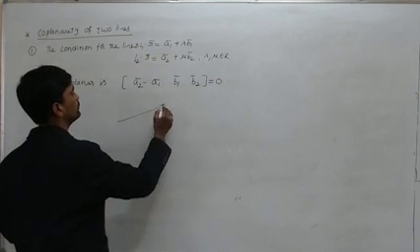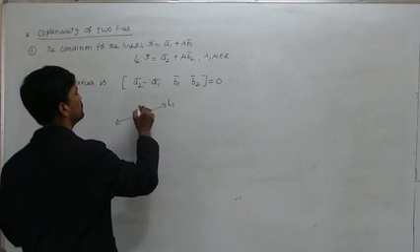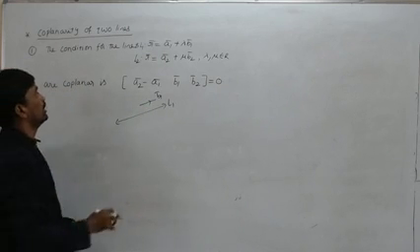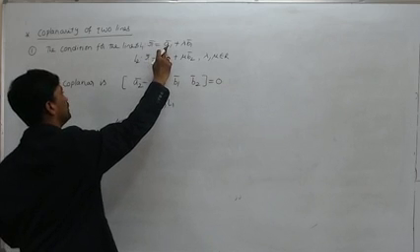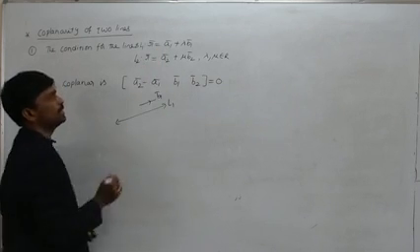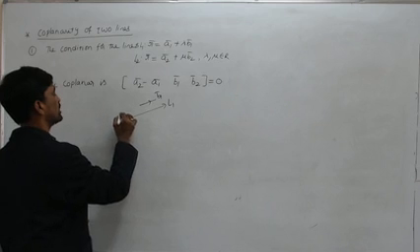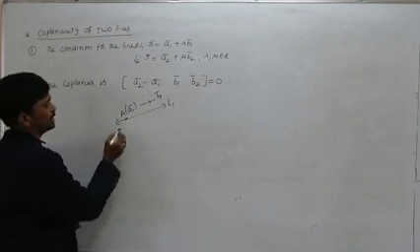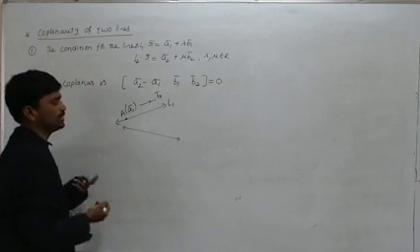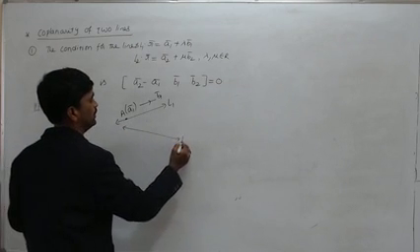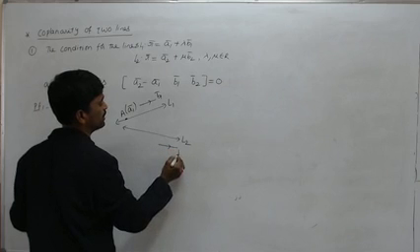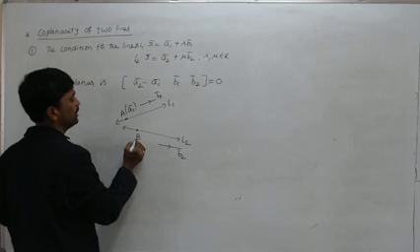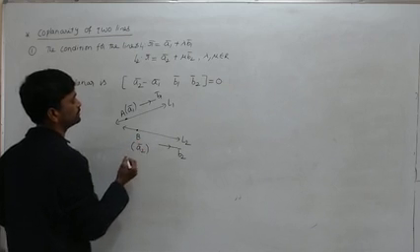So the first line is parallel to which vector? b1 bar vector, correct? And suppose the first line is passing through which point? Suppose say it is A, whose position vector is what? a1 bar. Suppose the first line is passing through the point A with position vector a1 bar. Next, suppose the second line is like this. So they may intersect or be parallel. So this second line L2 is parallel to which vector? b2 bar vector. And suppose it is passing through the point B, whose position vector is a2 bar.